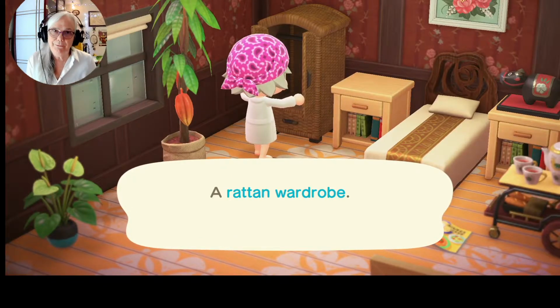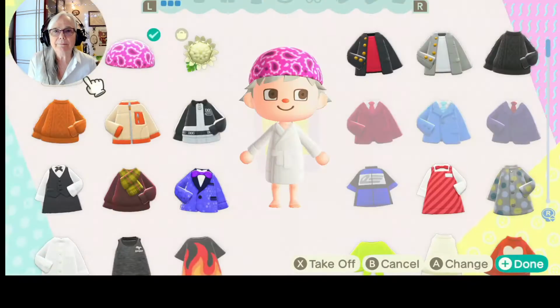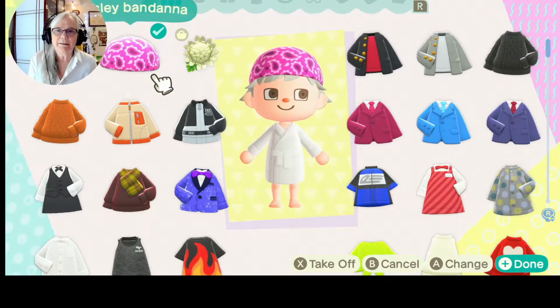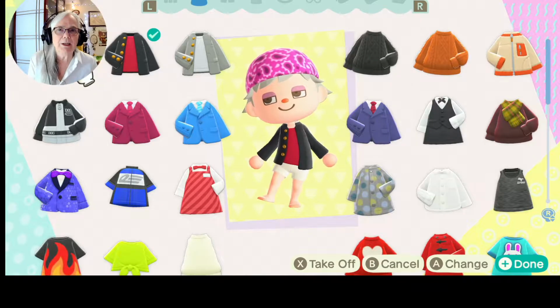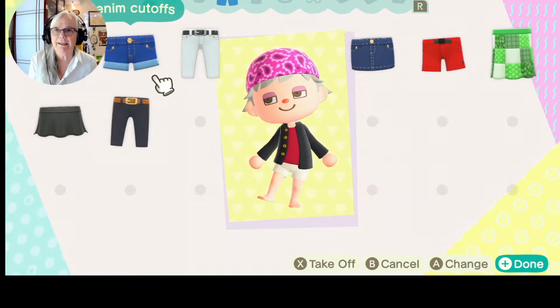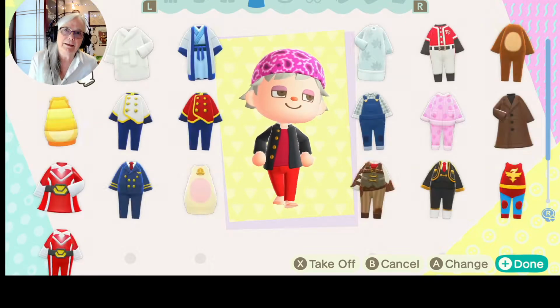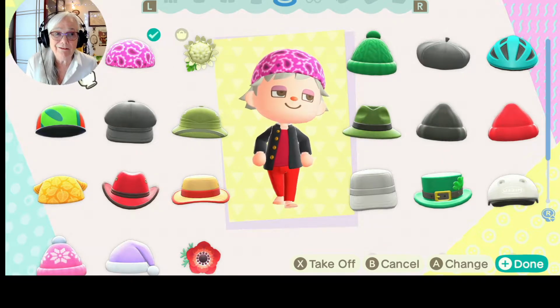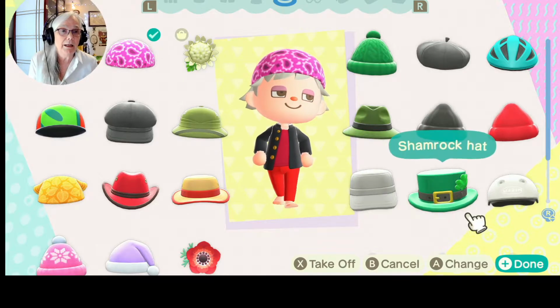What shall we wear when it's pouring rain? We'll wear our after school jacket because we love our after school jacket. And I think we better wear long pants. And we don't really have a very good hat, so I'm going to wear a toque.